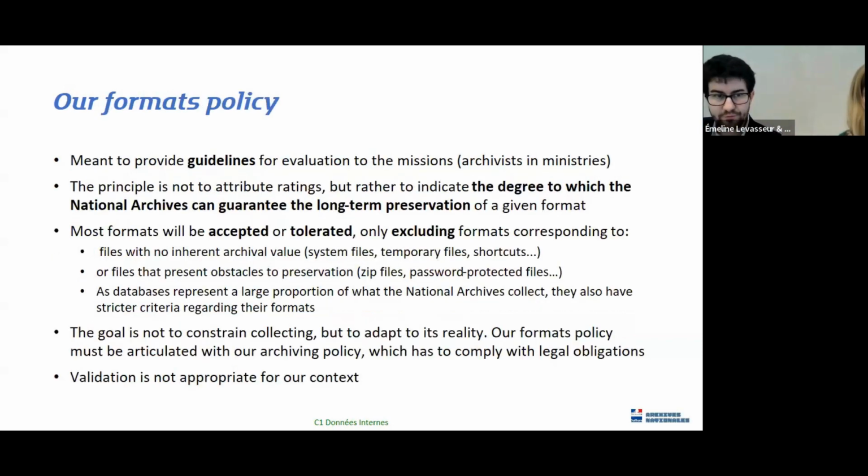To give you some further context on the elaboration of this workflow, as we've just mentioned, 2 years ago the National Archives published their formats policy. It sorts a number of formats in the following categories: accepted, tolerated, rejected, or requiring further analysis by the Department of Data Administration. Rather than a set of hard requirements, it is meant to provide a guideline to mission archivists